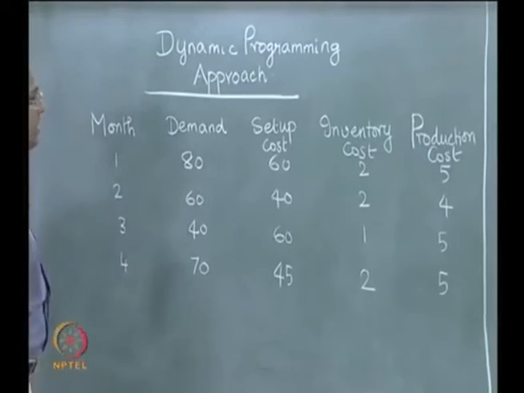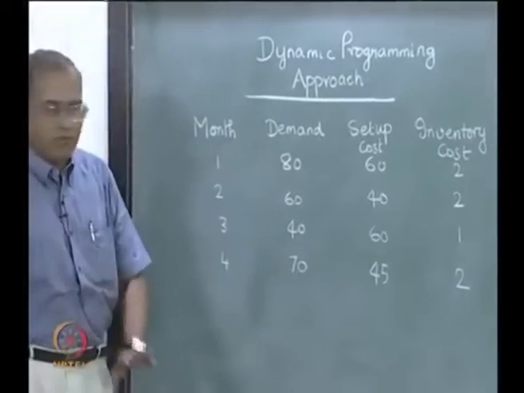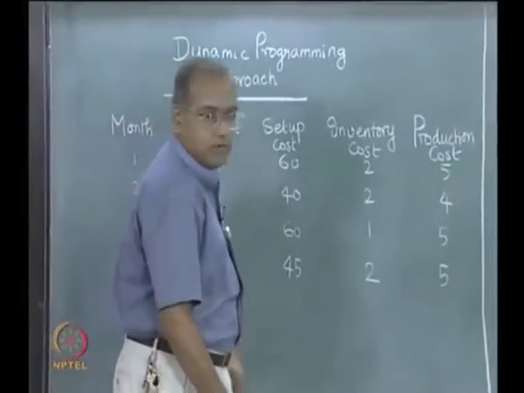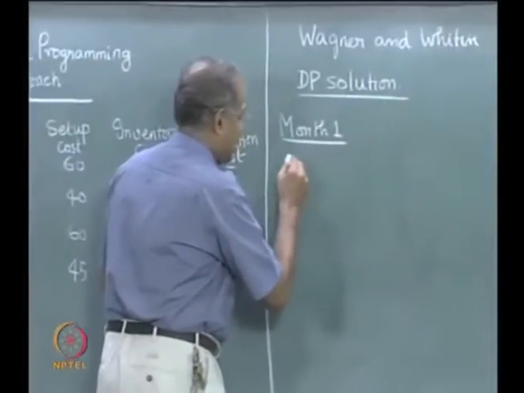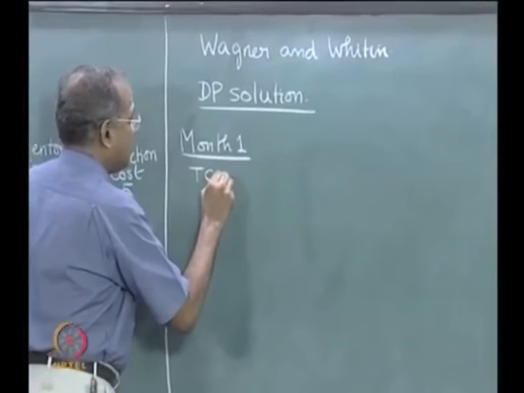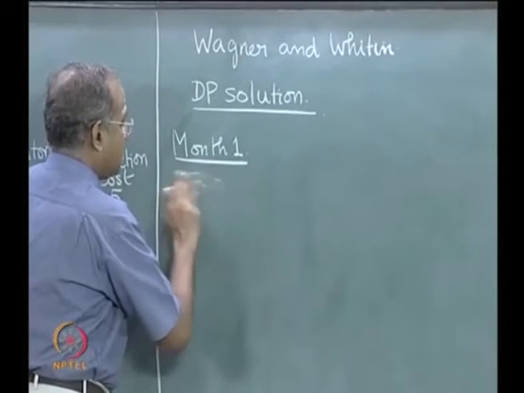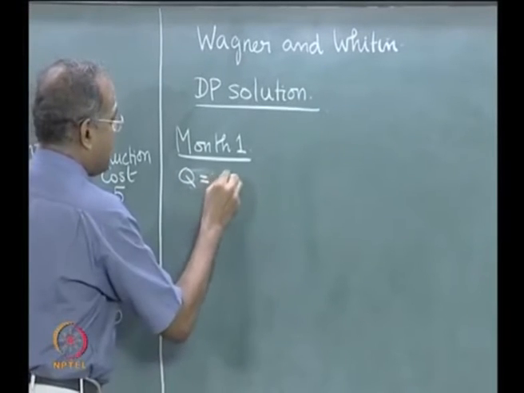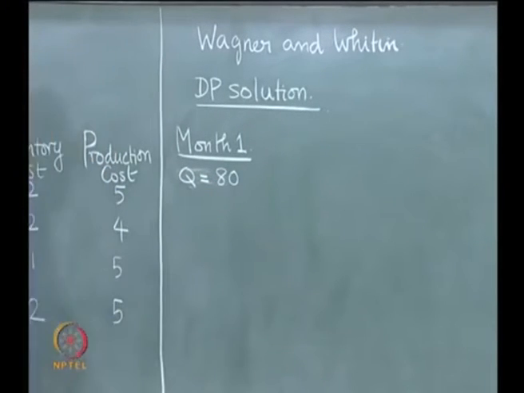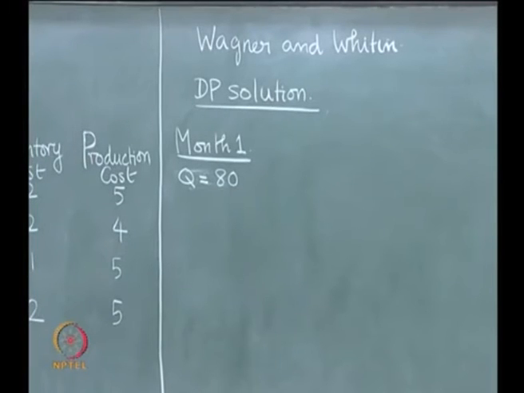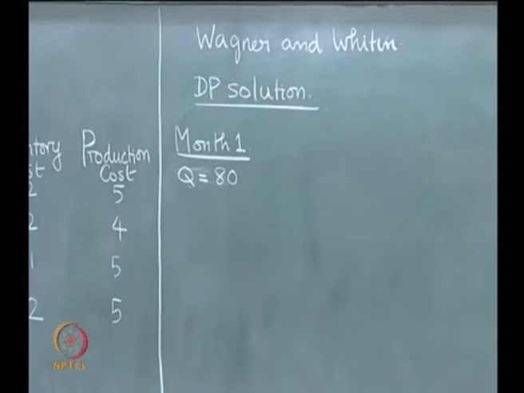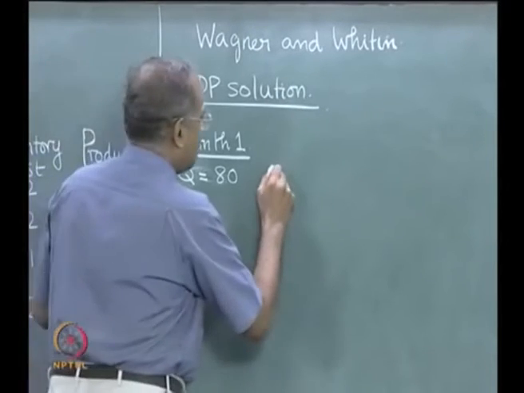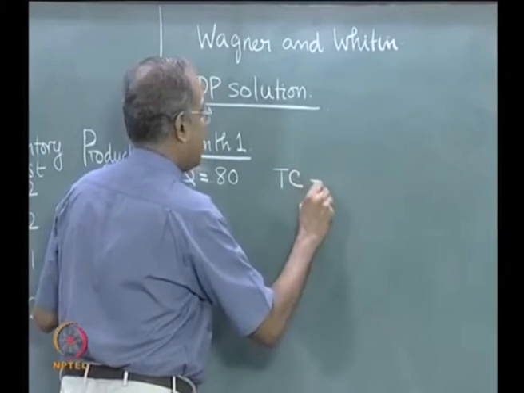So, demand of month 1 is met only in one way, by deciding to produce. The production quantity is equal to 80, because demand is 80, and the best way to meet this 80 is given by